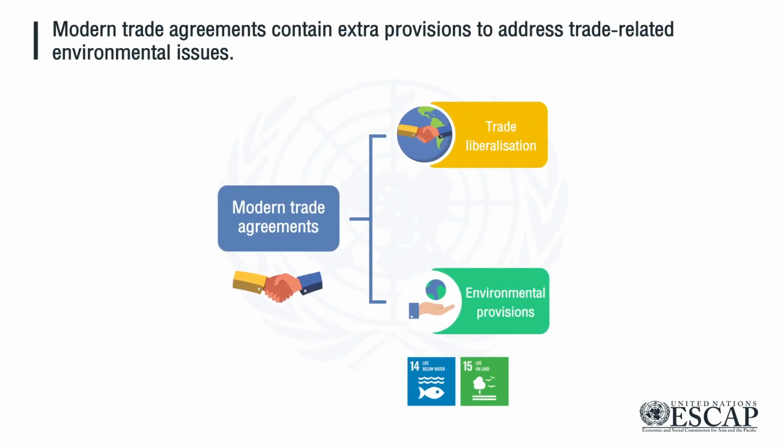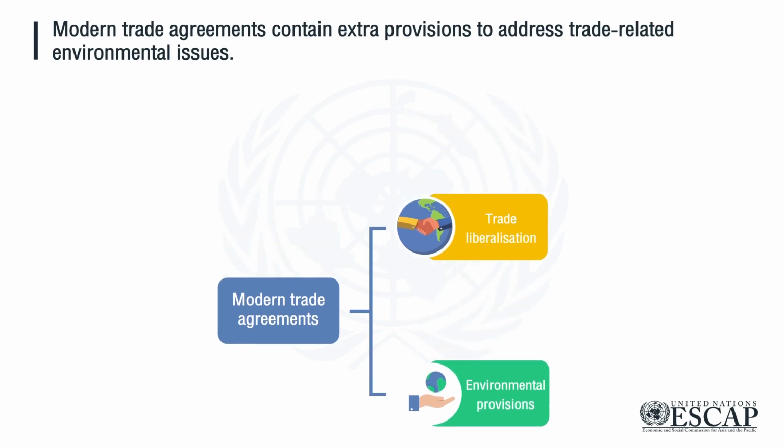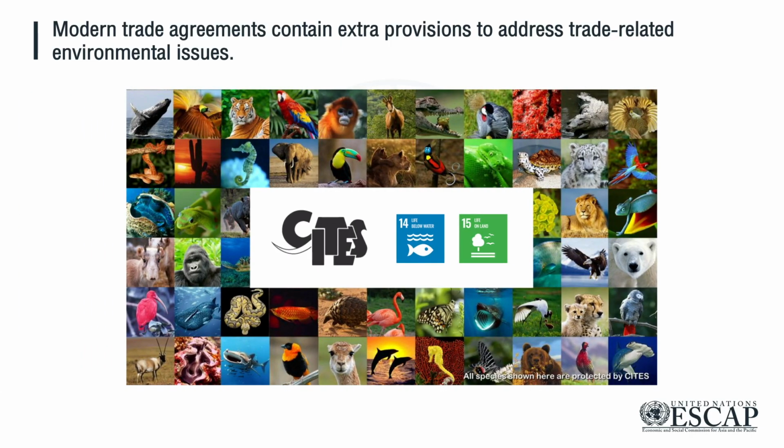Many modern trade agreements and other international conventions aim to internalize the negative externalities of trade-related changes in economic activity. Such international agreements recognize that coordinated actions may have a better chance of success than unilateral measures by individual countries. One example is CITES, the Convention on International Trade in Endangered Species.